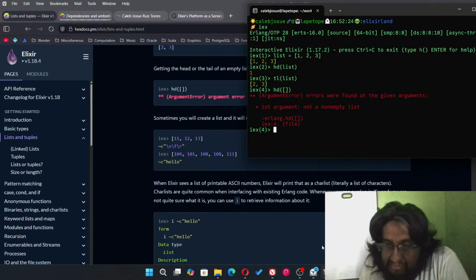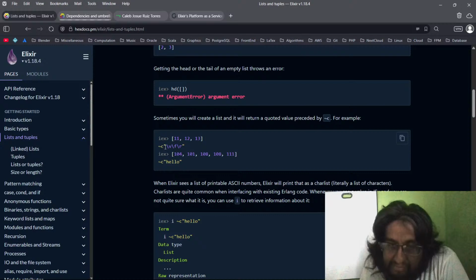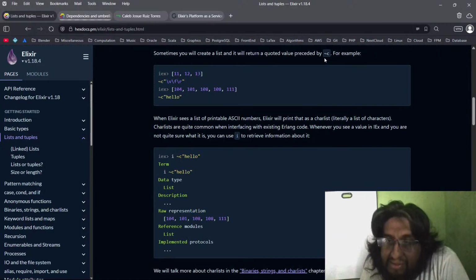because we are in Elixir. Sometimes you will create a list and it will return a code value, like this tilde. And see, for example,